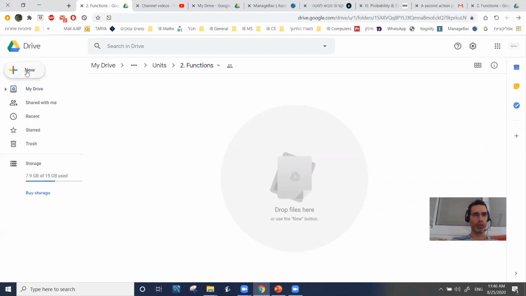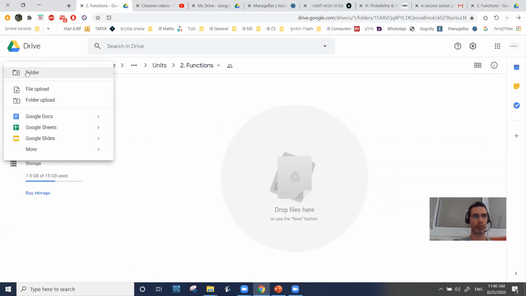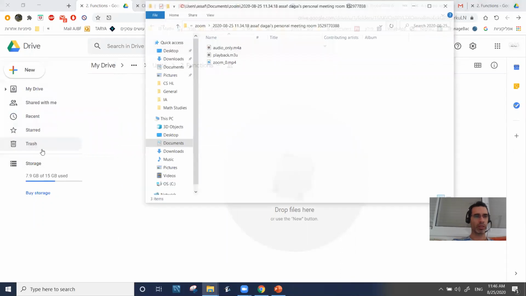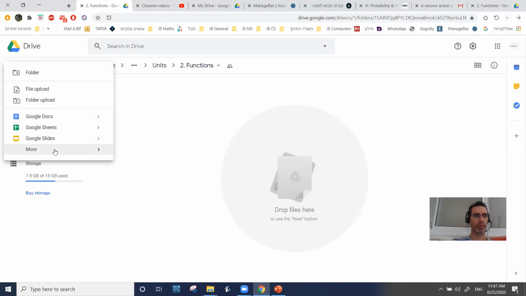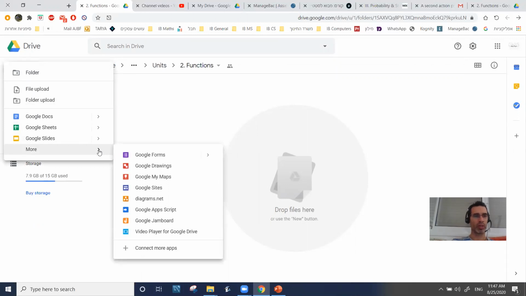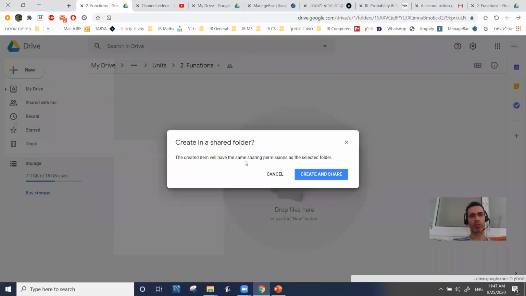So I go to New to create a Google Form, and when I hit New, I have these options. I can create a folder or create documents. If I hit More, I have Google Forms. Now, with Google Forms, I can do a blank form or from a template. I'm going to select a blank form,